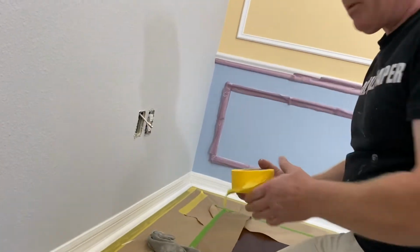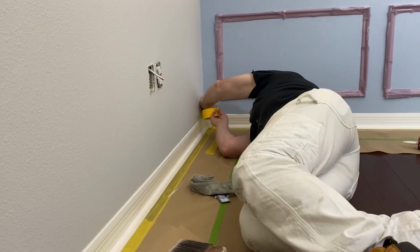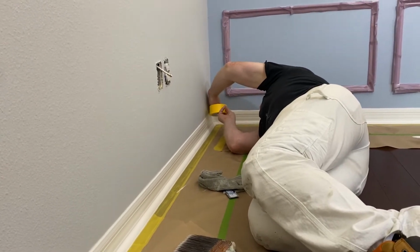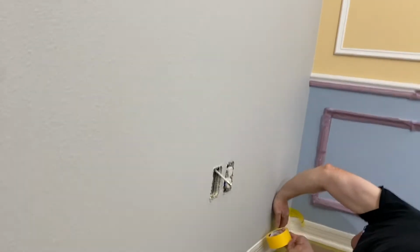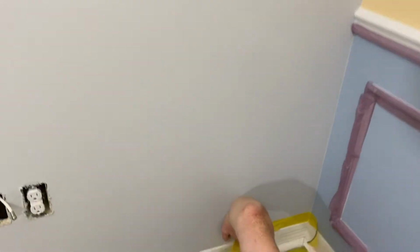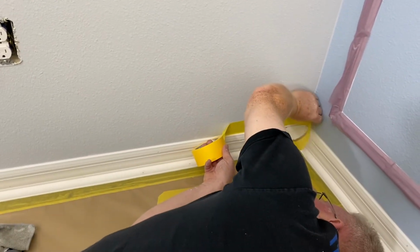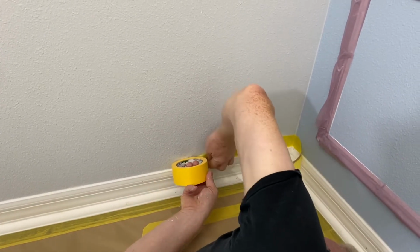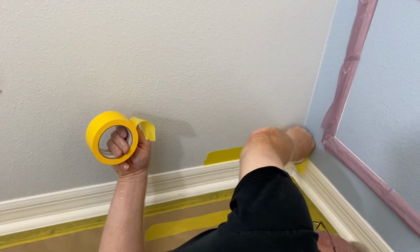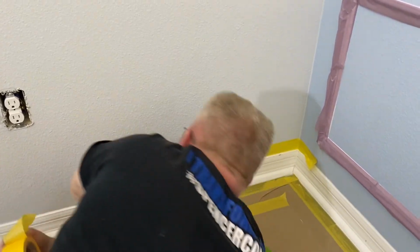If you're completely terrible holding the brush like I just did, you would have to lay down and you would do this. Now I can tell you, this is very difficult to do. But if you could not paint a straight line on trim, you would get on, there's no other way to do it, folks. You'd get down and you would do this. So that when you paint the trim,